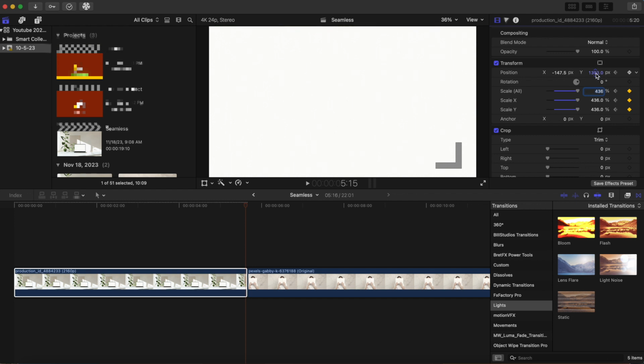Once you have your zoom into the screen and everything is completely white, now